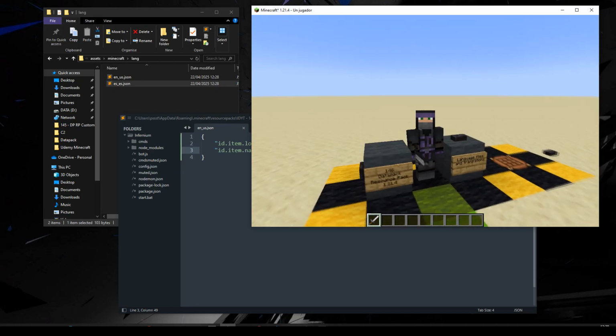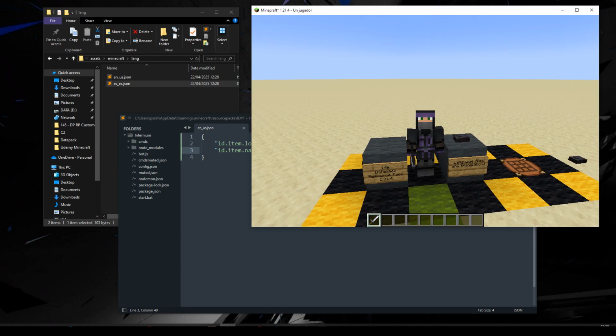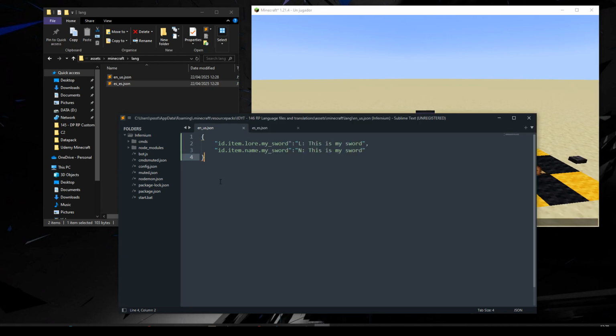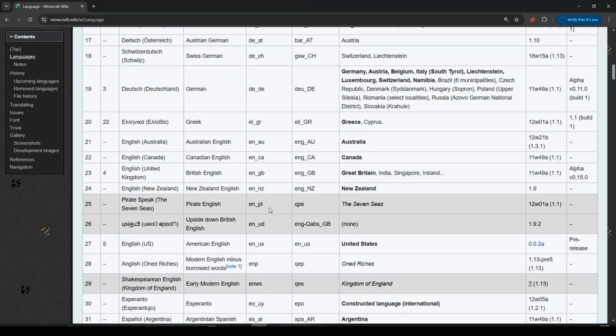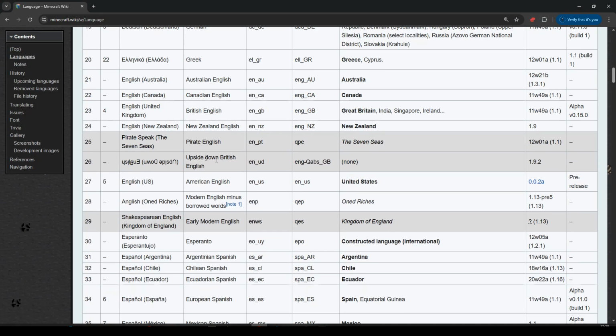So now, the idea being, if you want to change all the words, all you have to do is come into the language file and all the text will be there. So they can just go down the language file and say, this is my sword. Okay, I need to change this. Nice and easy. And you can then add any other languages you like. So you just go to the list. You say, okay, I want to add pirate speak,